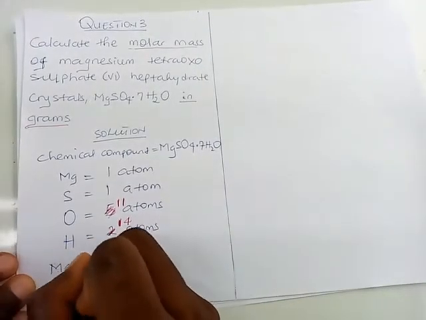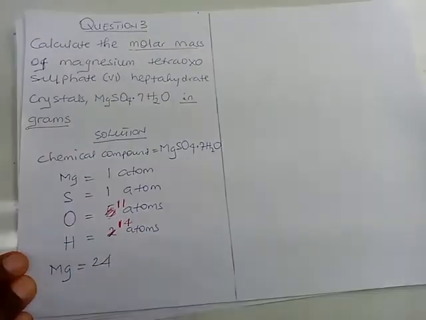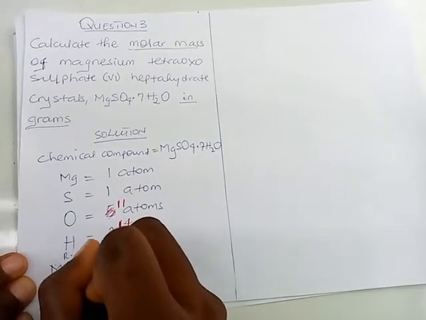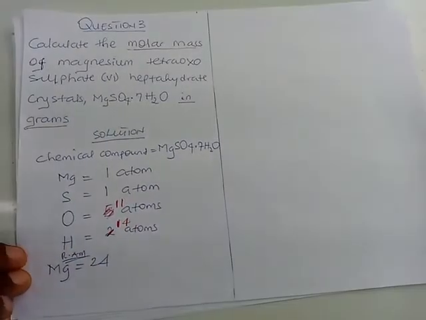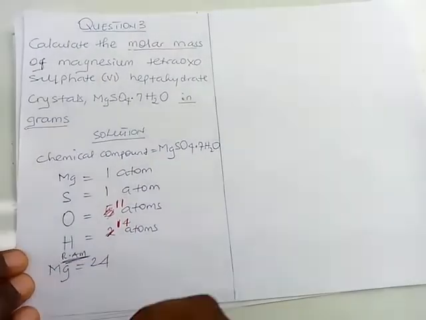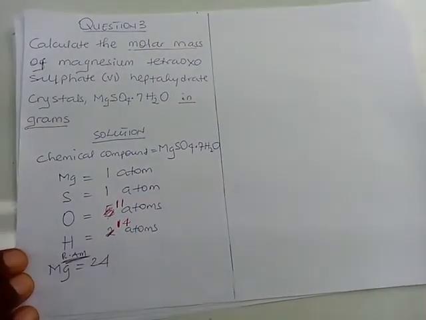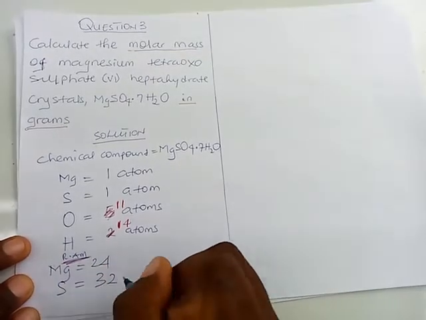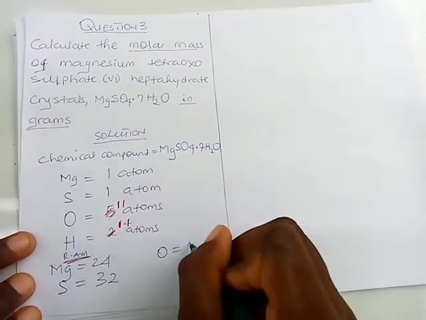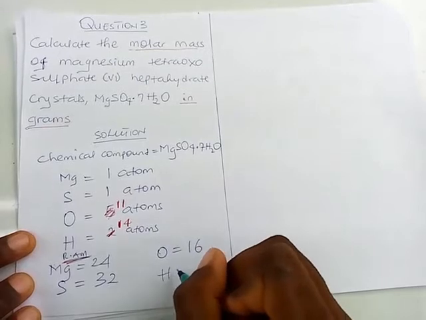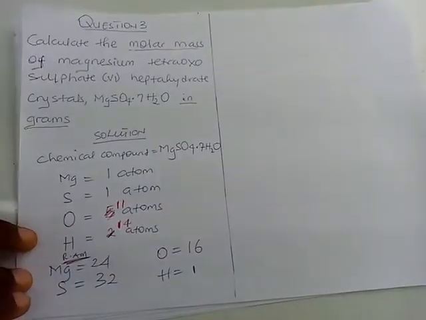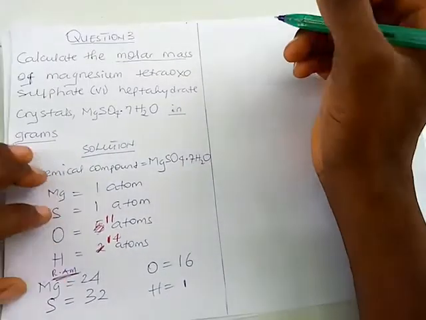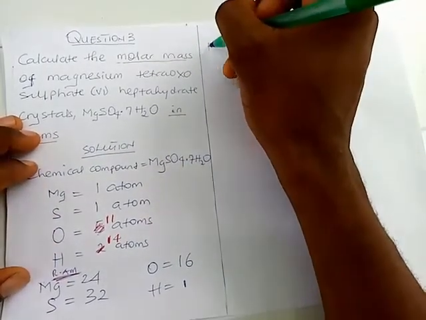So magnesium is equal to 24. Sulfur, that's the relative... I'm listing out now the relative atomic masses. Magnesium is 24, sulfur has 32, oxygen 16, hydrogen 1. So let's come back to this again. So when we have this,